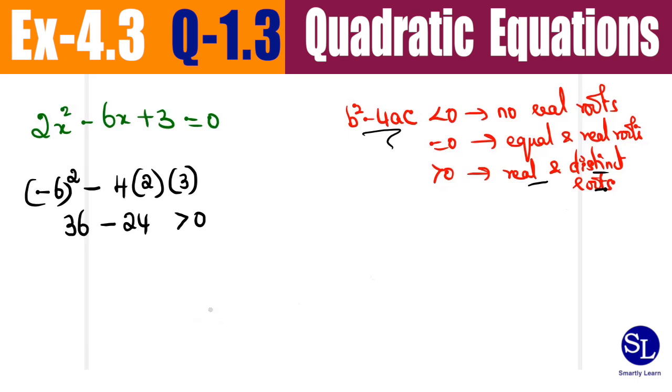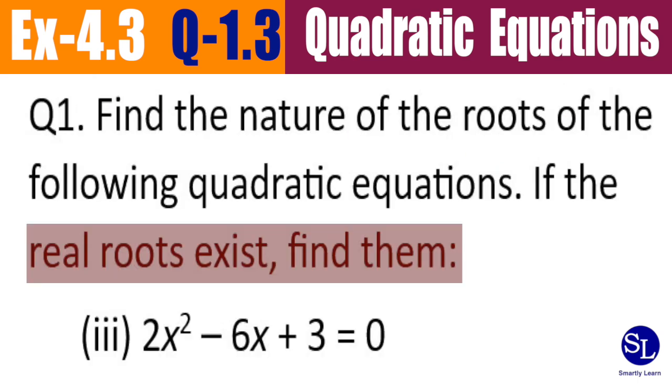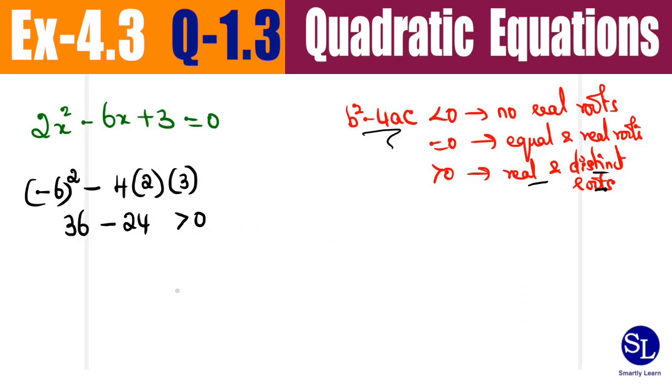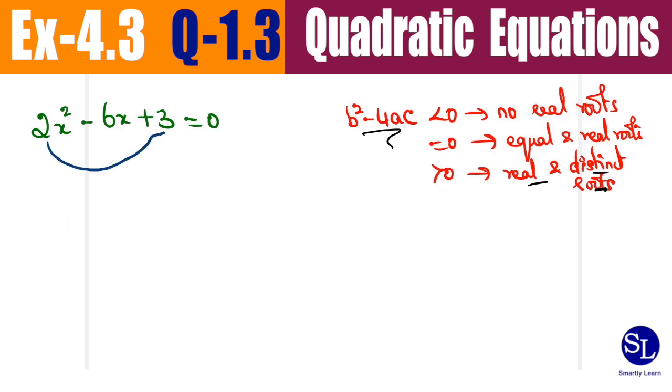The question stated that if the roots are real, we are supposed to find them. So we will try to find them using both methods. In the first case, let's see how this works for us. So I'm going to start with computing the product. 3 2s are 6. Product has to be 6, and I need the roots such that when I add them up, I get minus 6. So the next big challenge is I need to compute what products will fetch me 6.